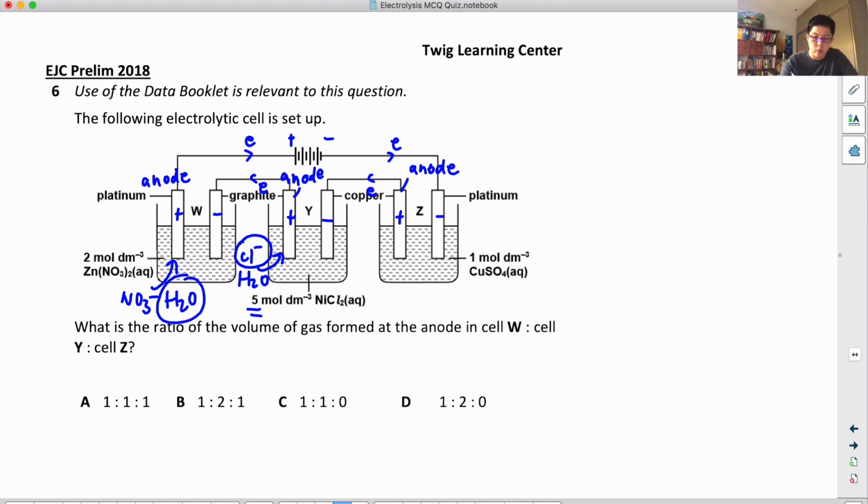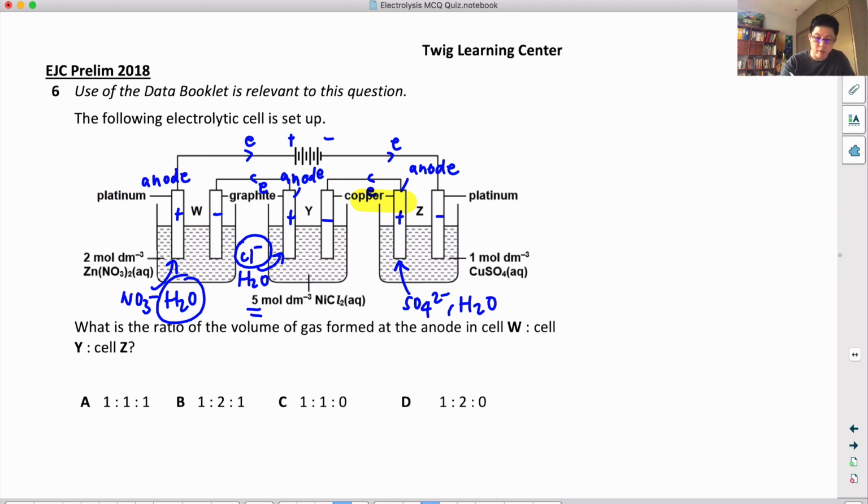Over here you would have sulfate and water. But something you can take note of here is a bit tricky. The electrode is made out of copper, right? So in fact, there's another new competitor, which is copper itself. Between copper to be oxidized, sulfate to be oxidized, or water to be oxidized,